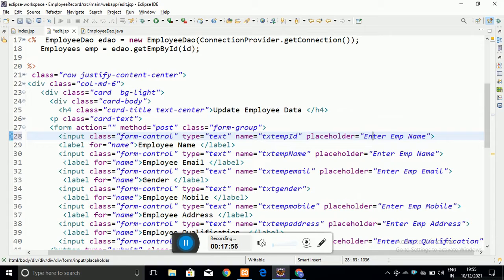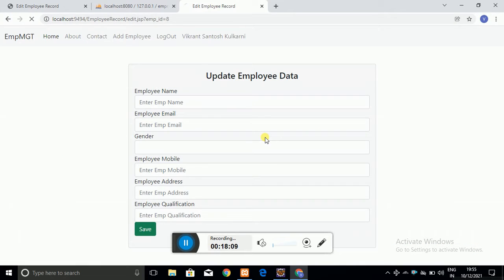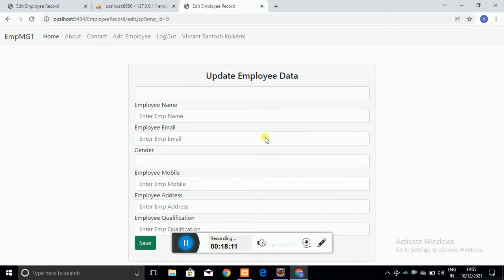Now you have to write the value attribute. The input field has a value attribute, and by using that you can set the value of the input field.